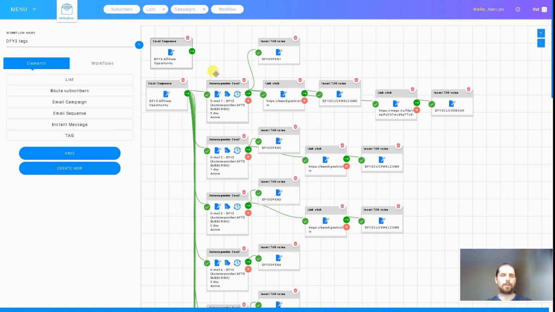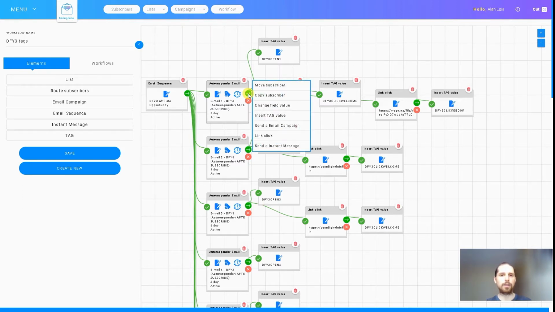Okay, so when we have the emails already here, now we configure what to do, what to mark with tags when we open the email or when we don't open the email. When they open the email is the green arrow. That's the green arrow. When we configure here, whatever is when they open the email. Okay, so if they open the email, then we're gonna set a tag,